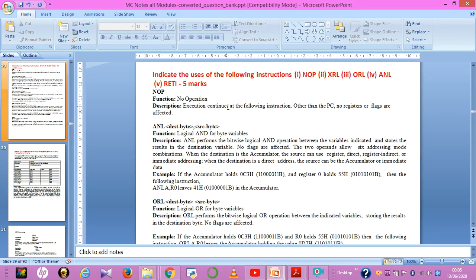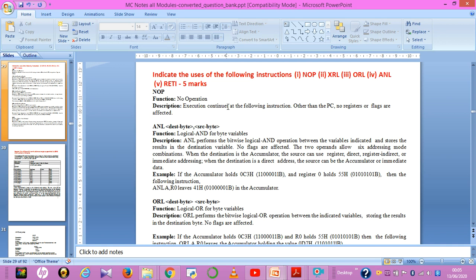Next, ANL means it is going to perform logical AND operation for byte variables. That's how I explained with the example here. It performs logical AND operation, no flags are affected, and it allows any 6 addressing mode combinations, and you can use any addressing modes.